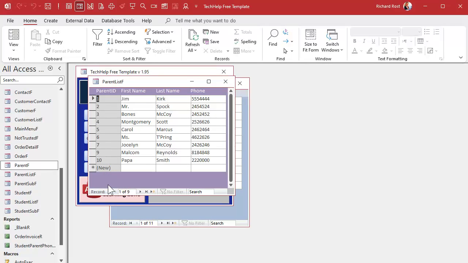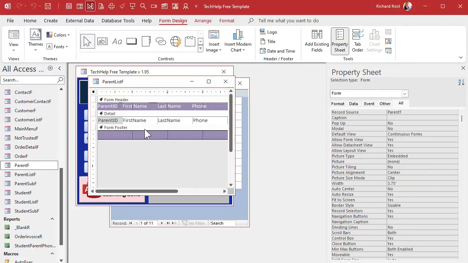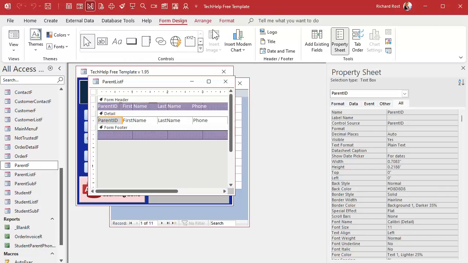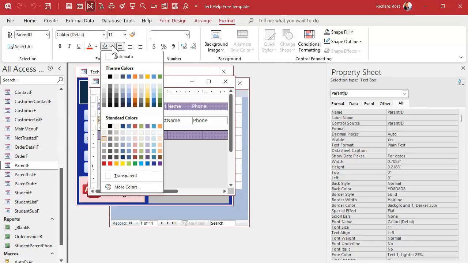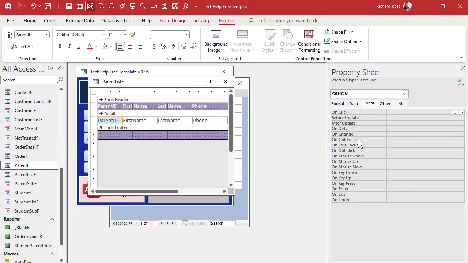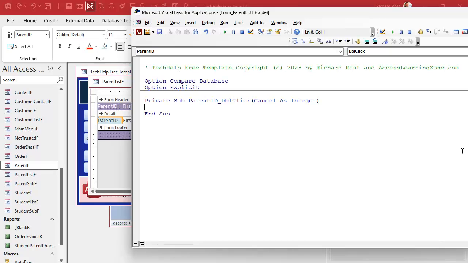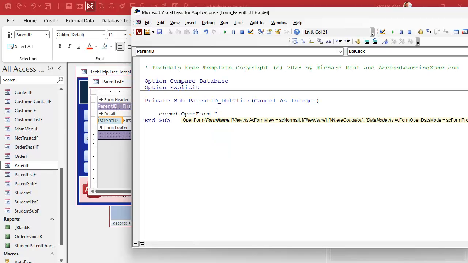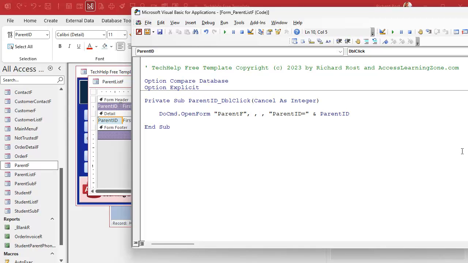Want to make it so you can open up the other form from these ones? Watch this. Nice and easy. Design view. We'll make it so the parent ID, right? We'll make that blue. Which blue do we pick? That blue there. Good enough. Event. On double click. Right here. There we go. DoCmd.OpenForm. Which one is it? The parent F, comma, comma, comma, where the parent ID equals the parent ID on this form. Save it, close it,